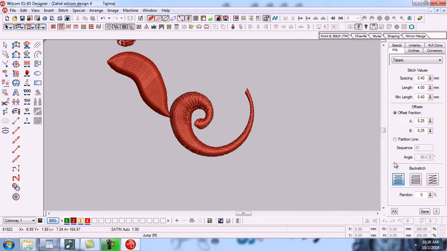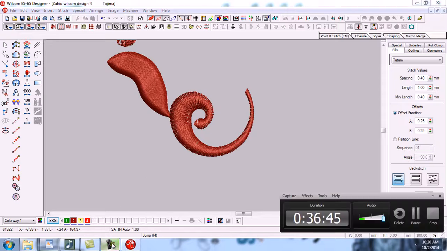So in this way we can use input A. We have learned this tool in detail, and in this video you did not learn only input A. You have learned so many other things, like background color, about colors, how we can change the colors or add the colors or remove the colors, and other things also about auto jump, auto split, etc. So in this video we have completed all these topics.